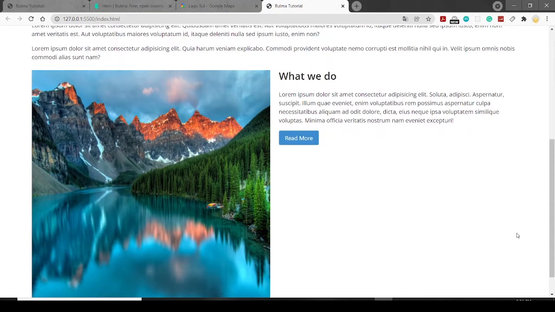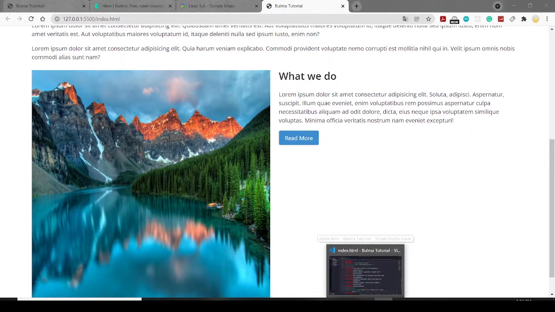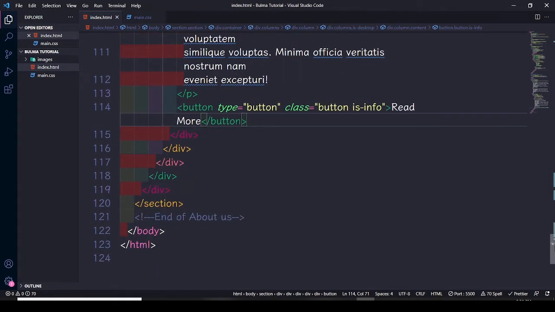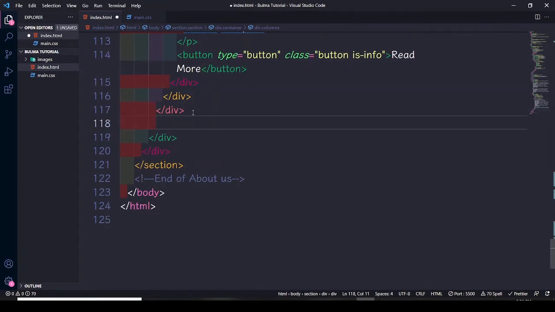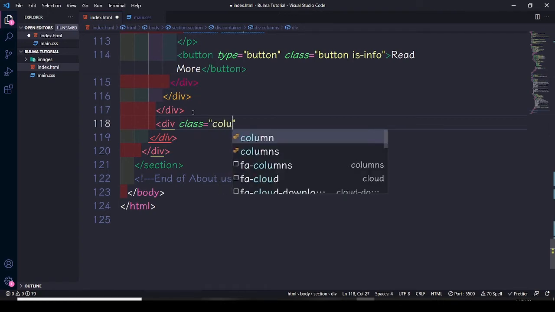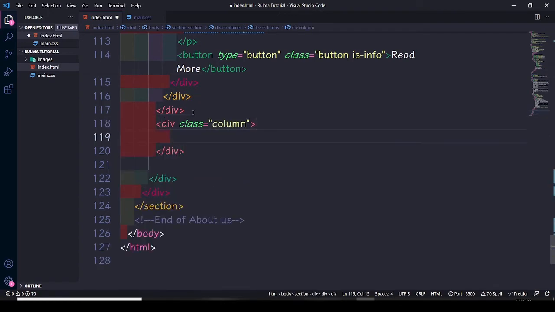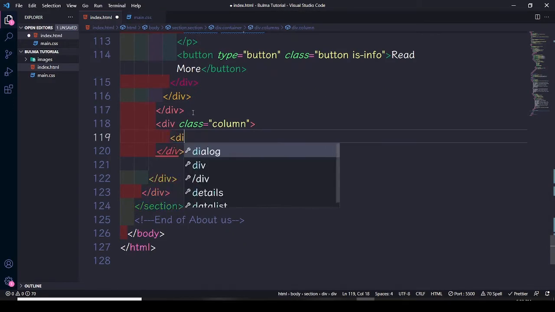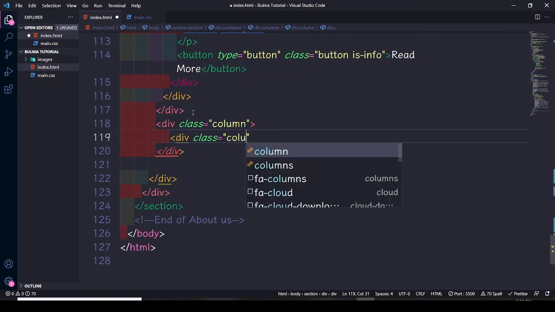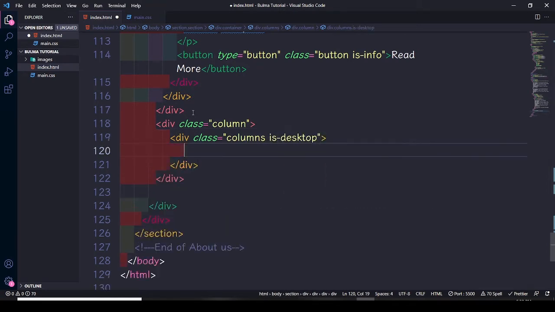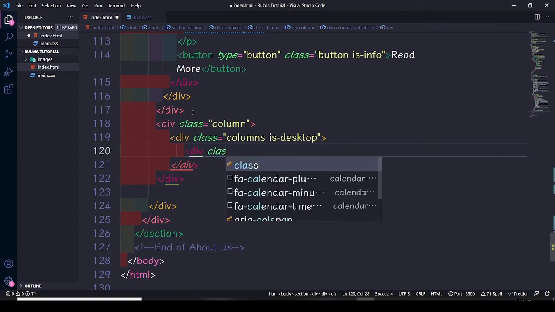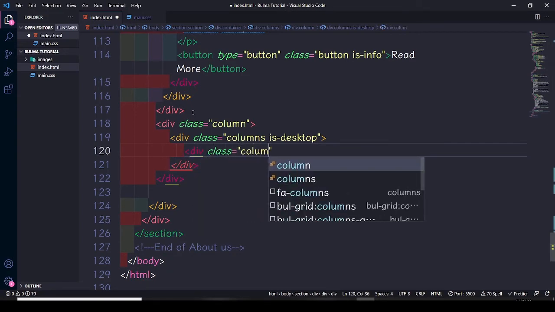Okay, looking cool. Let's create another one, another image and some other text. So for that, I'm going to do here, let's create another div, assigning it a class, and this class is gonna be column. Within this column, I would like to create another div. It's gonna be class of columns is-desktop, and then we do need a div assigning it a class. This class is gonna be column,